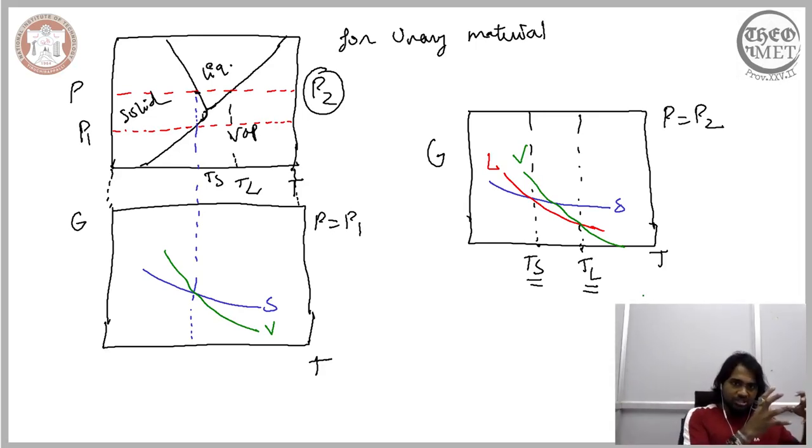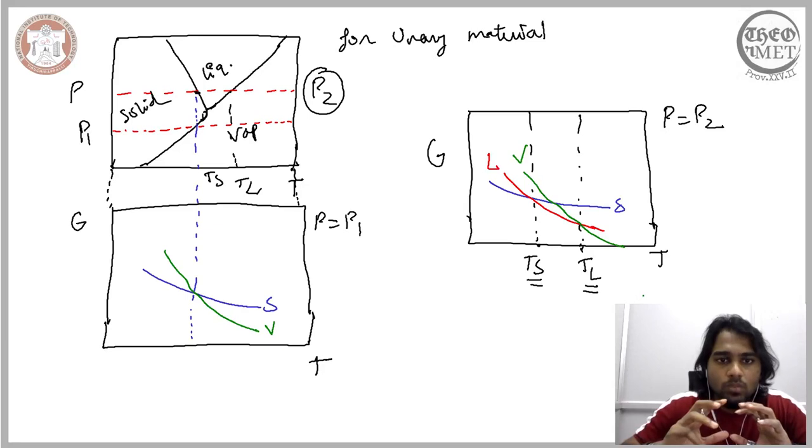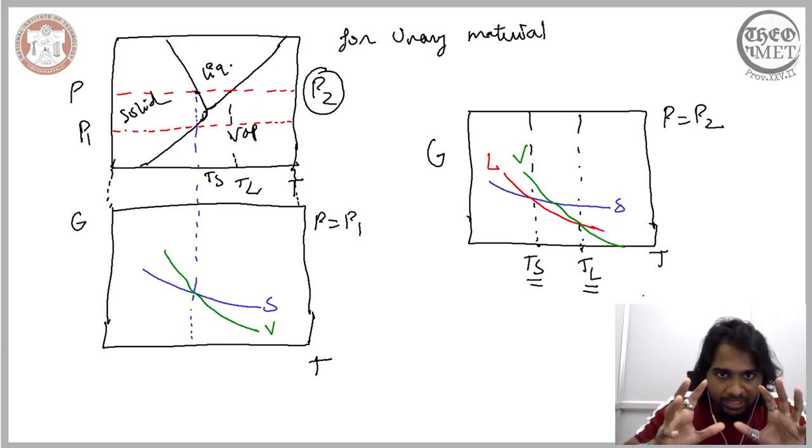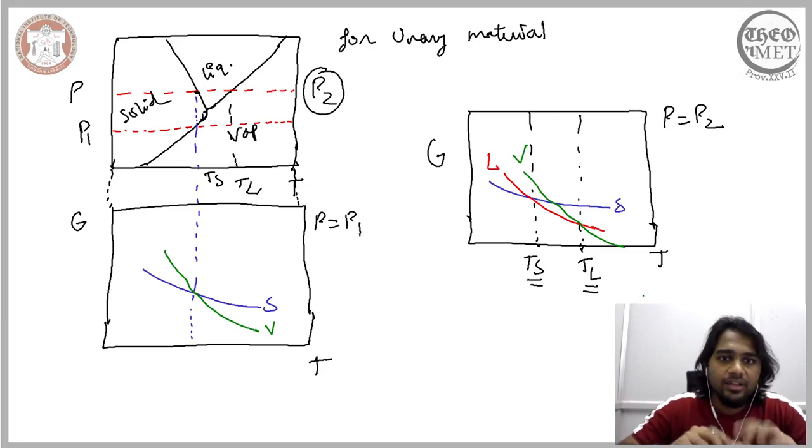So from the change in the thermodynamic function with respect to its corresponding variables, we would be able to build an equilibrium phase diagram. And once we are able to build the equilibrium phase diagram, we will also be able from that phase diagram to predict how the Gibbs free energy changes with respect to its variables.